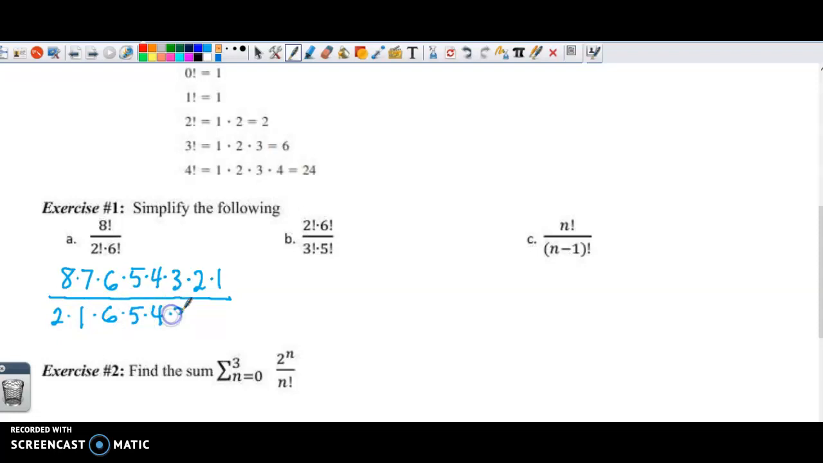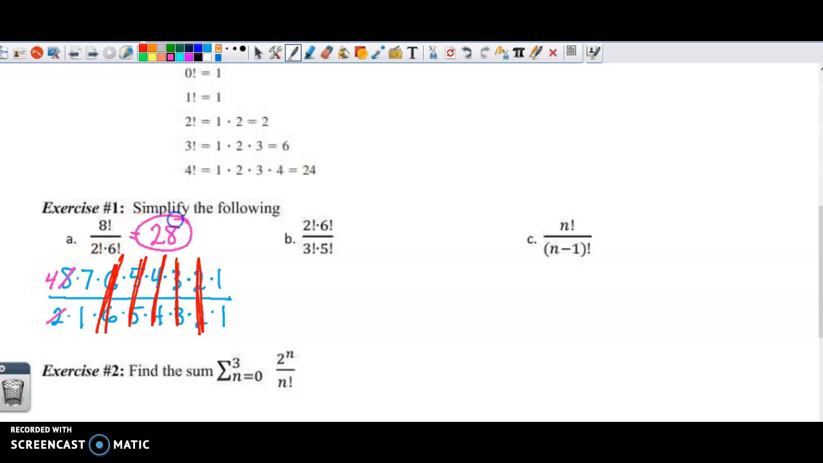I'm just writing all of this out, everything is being multiplied, and I think it should be pretty clear for you that you can say, okay, well, the 6's will cancel, the 5's, the 4's, the 3's, the 2's, and yes, even the 1's, but it's not going to change anything. And how I typically do this problem is I look at this and I say, well, 2 goes into 8 4 times, so this answer must be